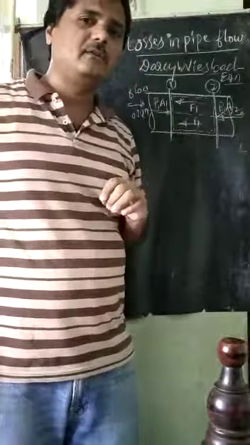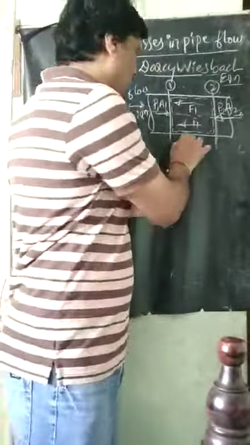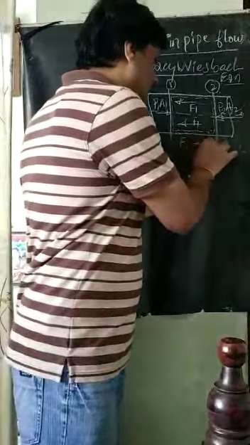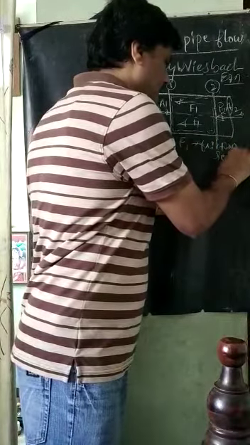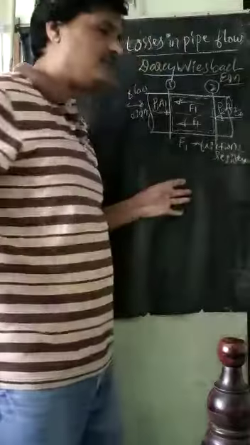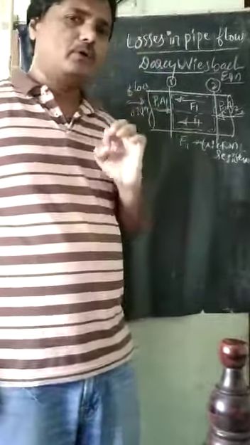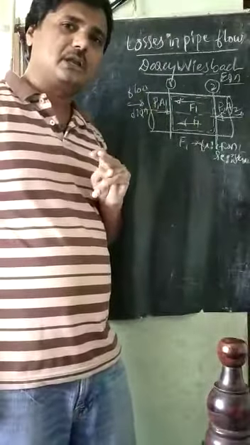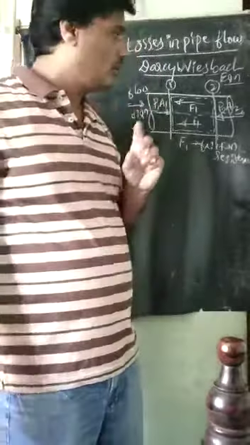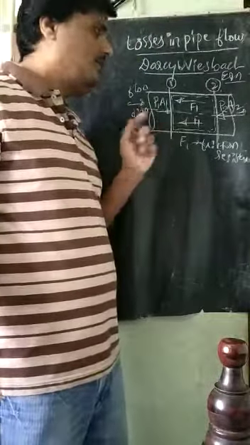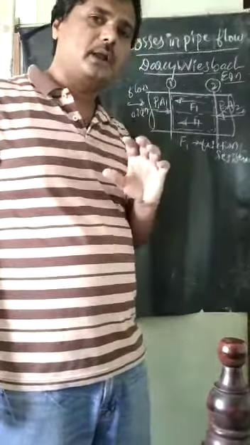The frictional resistance is indicated as F1 here now, where F1 is the frictional resistance. It is called the frictional resistance. Very important to know that the frictional resistance I will see afterwards. Now what I will apply here now is Bernoulli's equation. I will apply Bernoulli's equation for section 1 and 2 here.